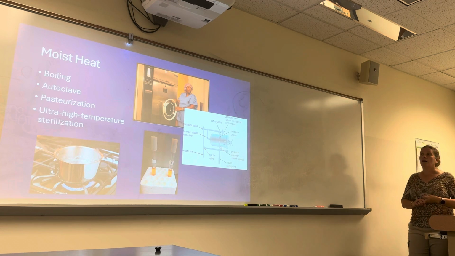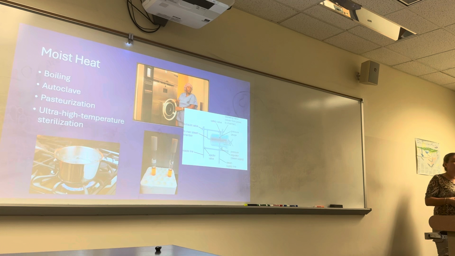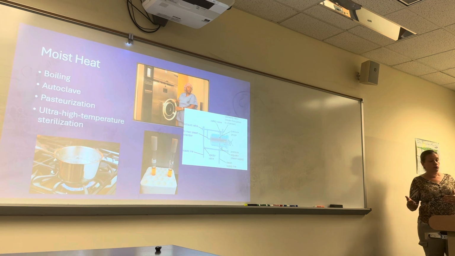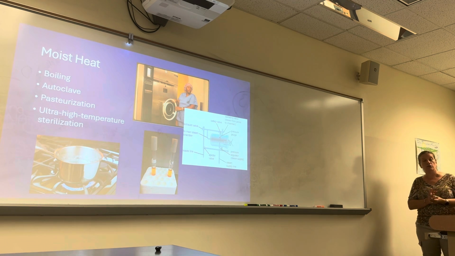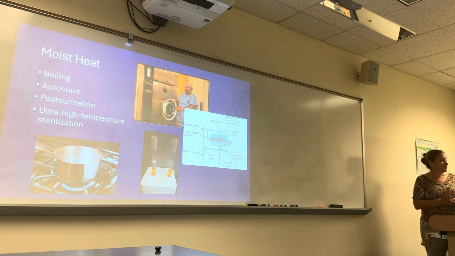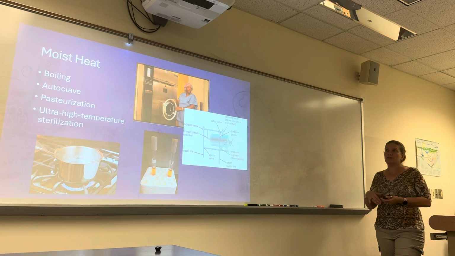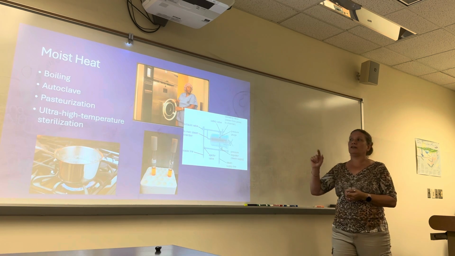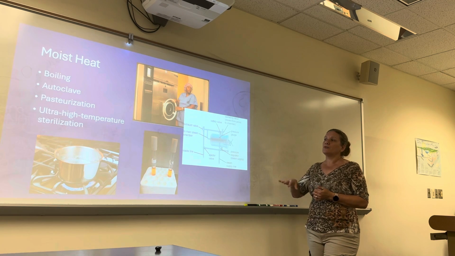Okay, so the moist heat works just like the dry heat, it denatures proteins and destroys our cell membranes. It denatures nucleic acids. It is considered more effective than dry heat. Now, under moist heat, we've got boiling, autoclave, pasteurization, and ultra-high temperature sterilization. Okay, so boiling,